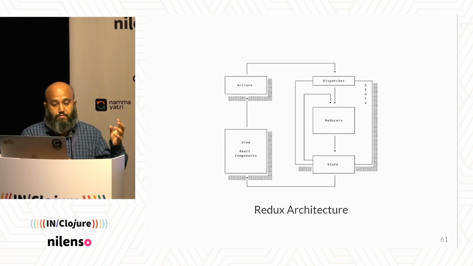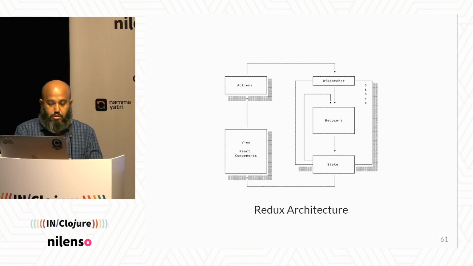Another one you may be familiar with is the Redux architecture which is used with React, right? So you have these views and actions which are sort of the imperative part, and then you have these reducers, dispatchers, and state and stuff which lives inside your functional core, and then where you run the functions, do business logic and stuff like that, right? So these are the two examples of functional core, imperative shell, right?